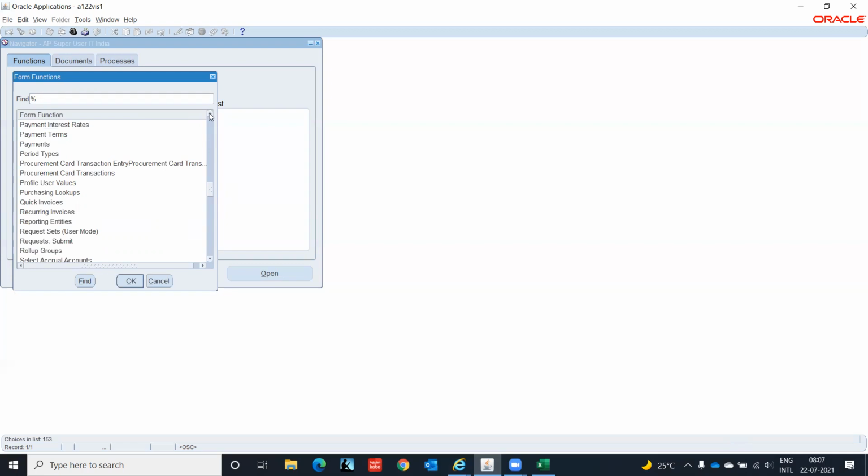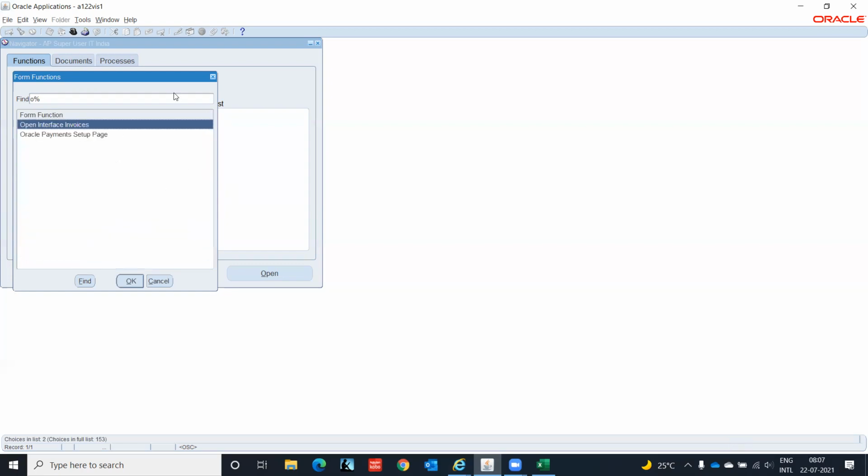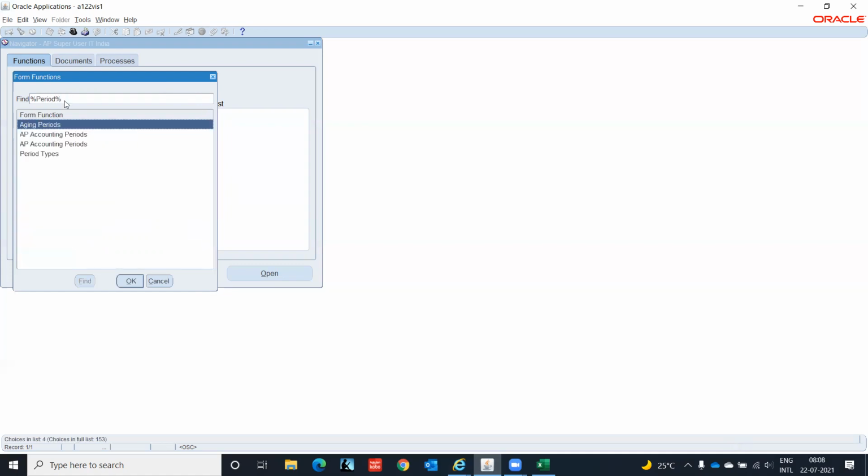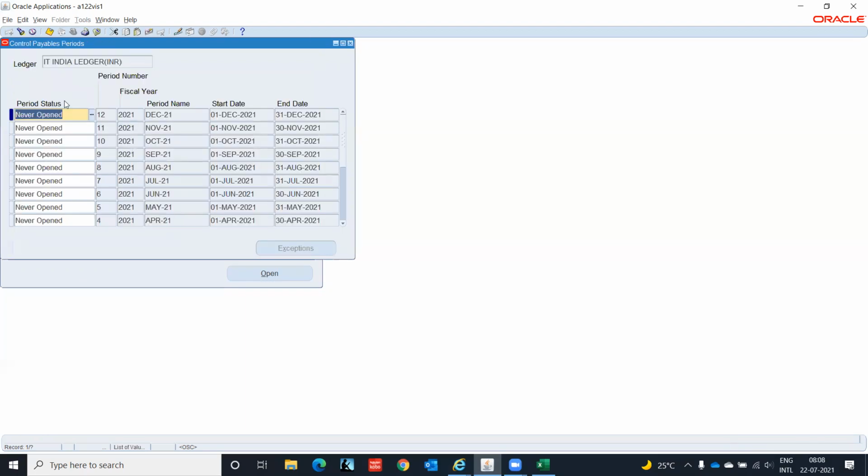So we have to do AP accounting periods. Okay. So for the IT India ledger, we have to open the accounting period first, and then only we can proceed.